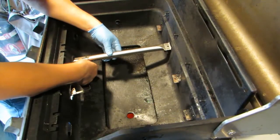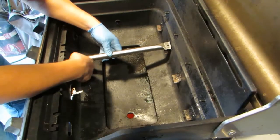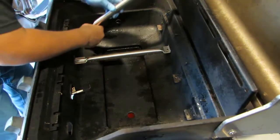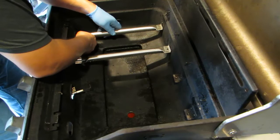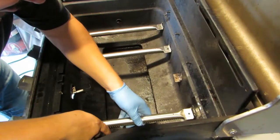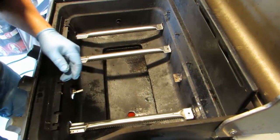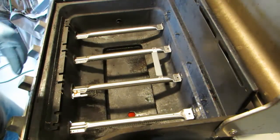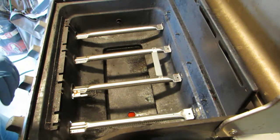And you want to make sure it's in that port. You get another one. Boom, just like that. Okay, the kit comes with